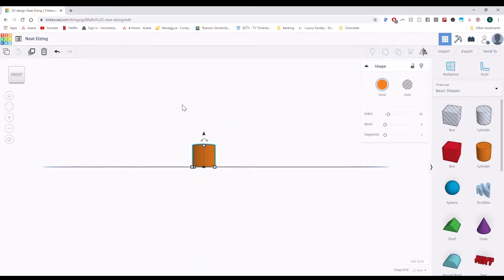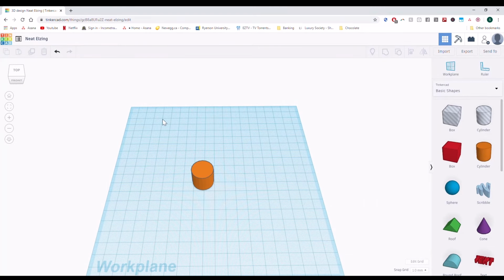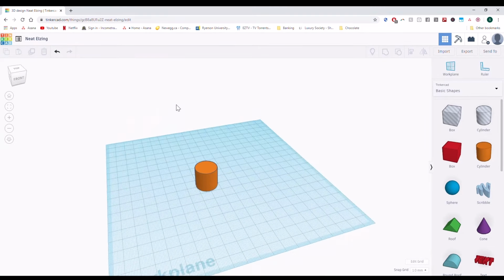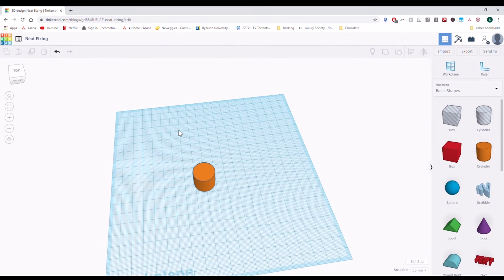Another way you can do that is by using the right click and hold on your mouse. So if you use the right click and hold, you'll also be able to rotate. Okay, it is easier to use a mouse than a trackpad, but I know most of you will be on computers and will have trackpads.